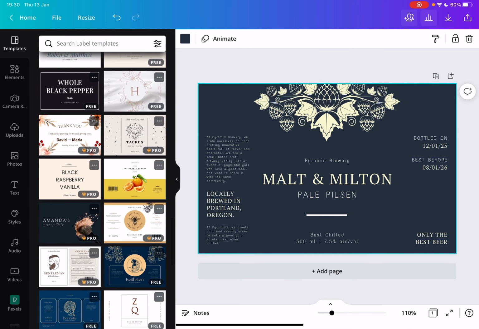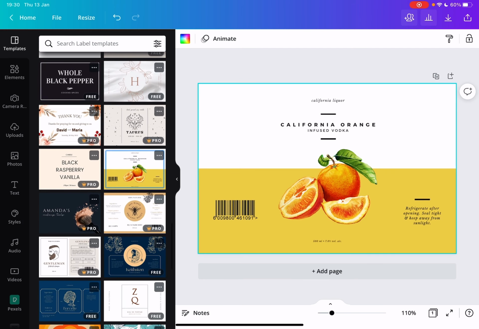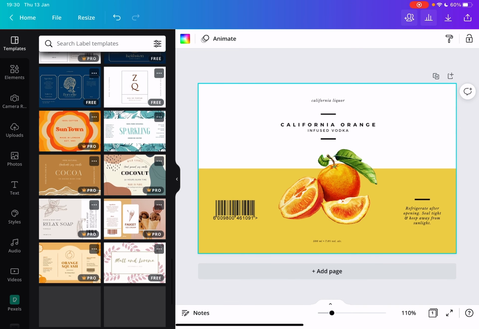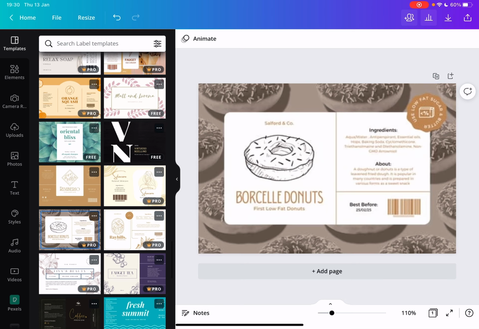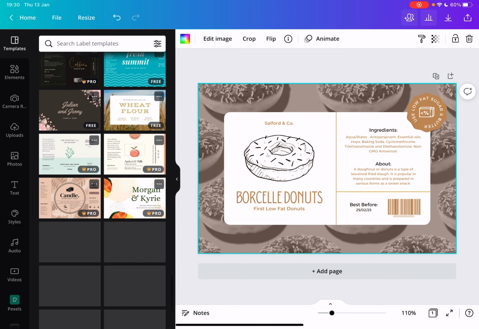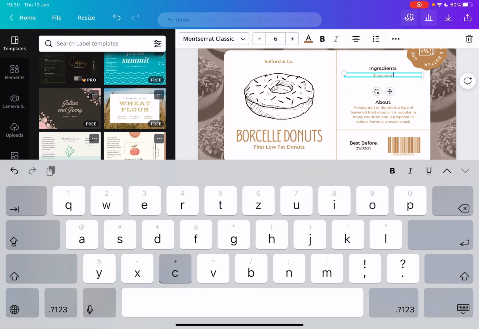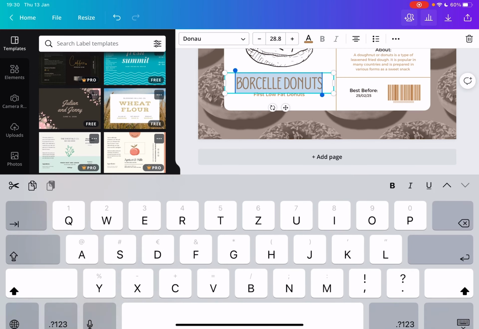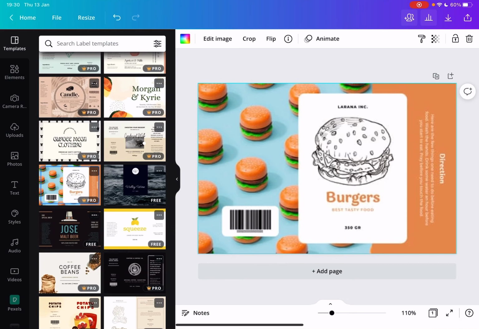But you can also use the search bar to search for any specific label. As you can see, this is for orange juice, ice cream, and really anything. And when you choose one of these labels, you can just go and type in your own text. You can add your own brand to it, and it is really very easy to customize and make it your